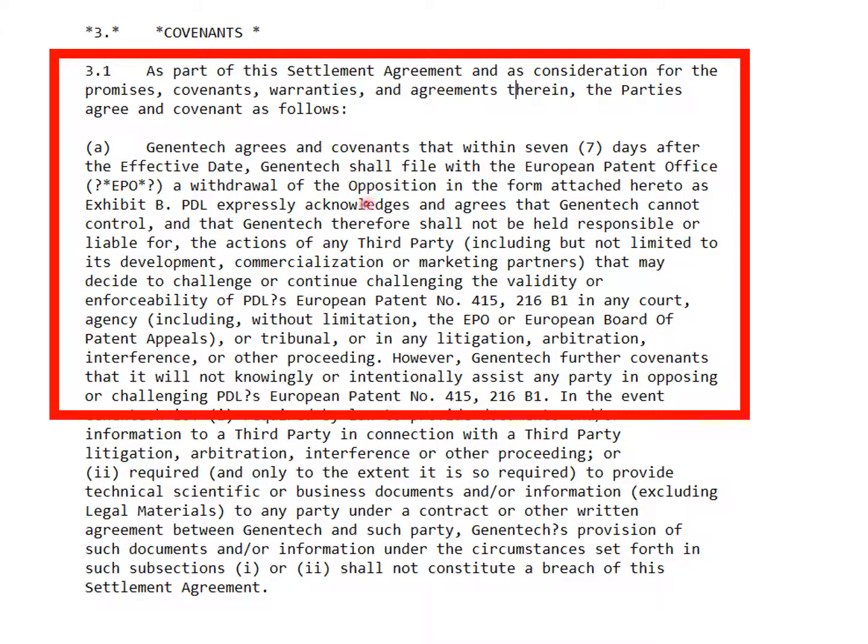Right? What is this? Well, we just agreed we're not going to fight you, but remember, there already is a fight underway. There's a fight underway in Europe called the opposition, where Genentech already was beating up the patent, probably doing a pretty good job with it. That's why we end up getting this settlement agreement. Genentech's doing damage to the patent. So in addition, in the prior piece of contract to saying, look, we're not going to fight you anymore, they then also specifically say, we will stop the fight already underway. Within 7 days after the effective date, we will ask the European Patent Office to back off.